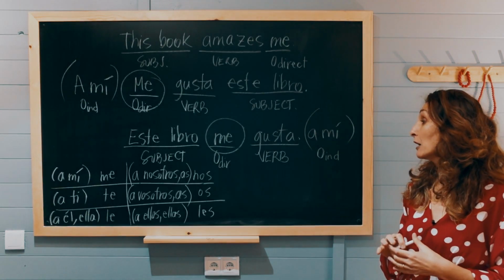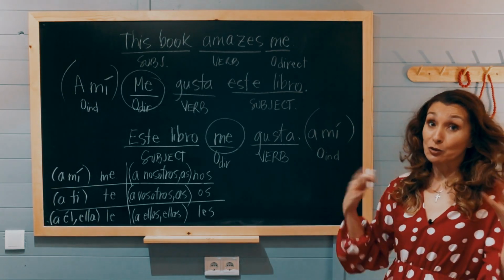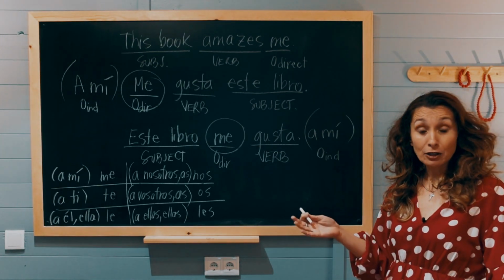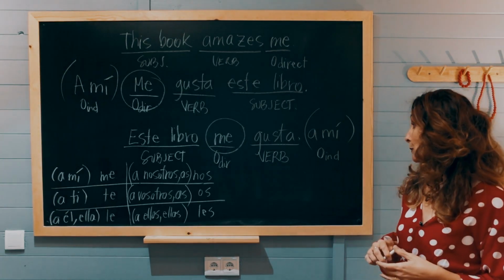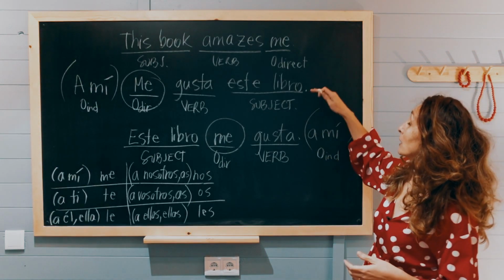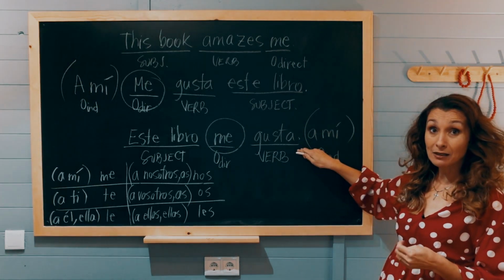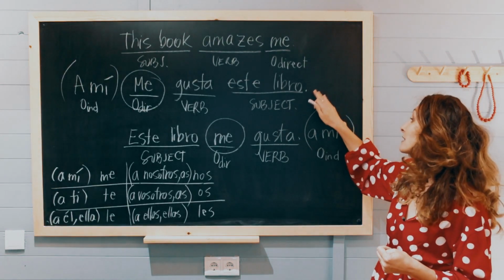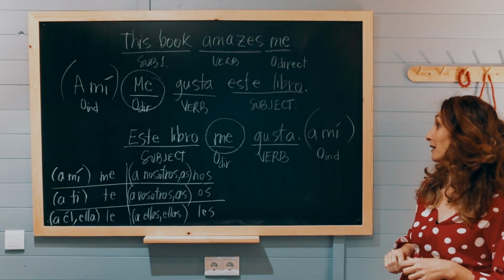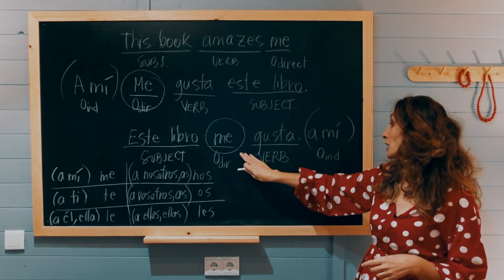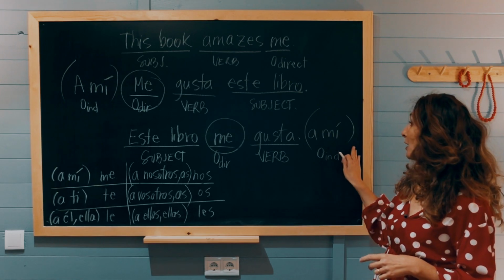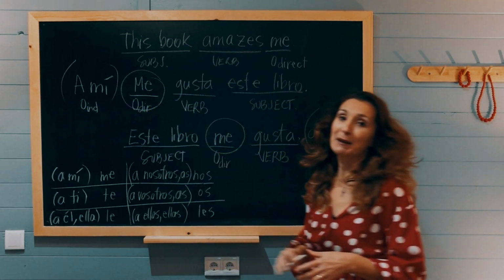It's in parentheses because it's optional. You don't have to use it if it's easier for you, at least to start with, but the Spanish use it a lot, and if you start using it, you will sound more Spanish. It's as simple as that, okay? Good. So regardless of the word order, we can always duplicate this pronoun, this direct object, and add it once again here. Me, a mí, or a mí, me here.